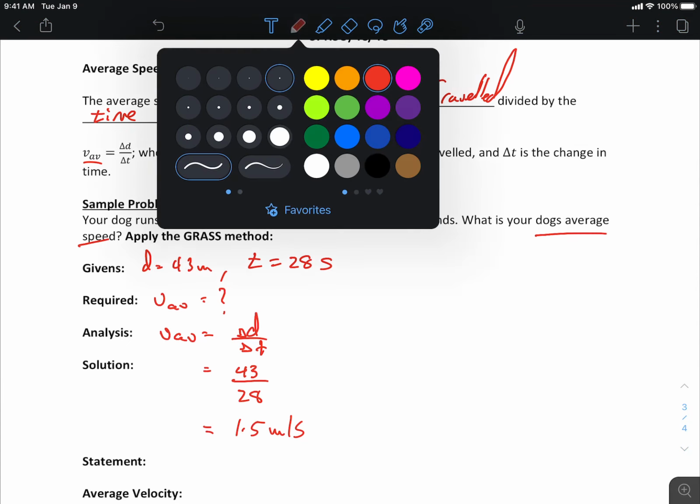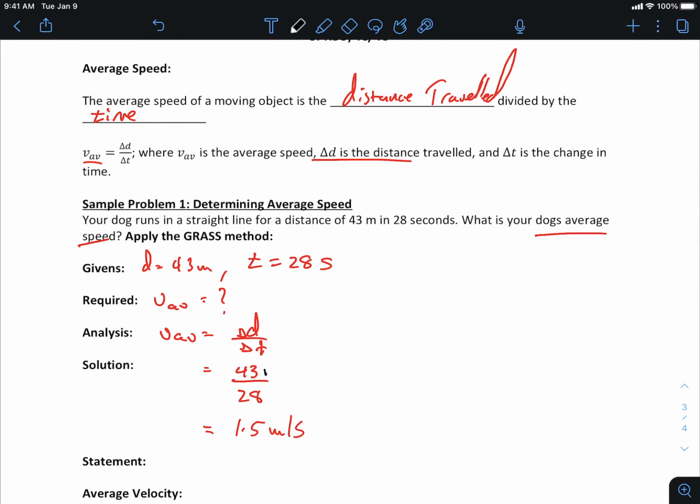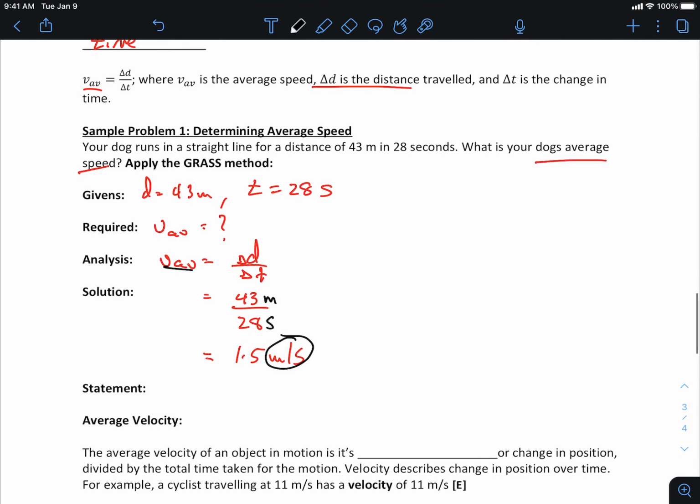If I were to put my units here, you guys know that this means division. Well, if that's division, then your units better be division. Meter divided by second. That's how you can see the speed. 1.5 meters per second, right? And then so your statement, therefore,